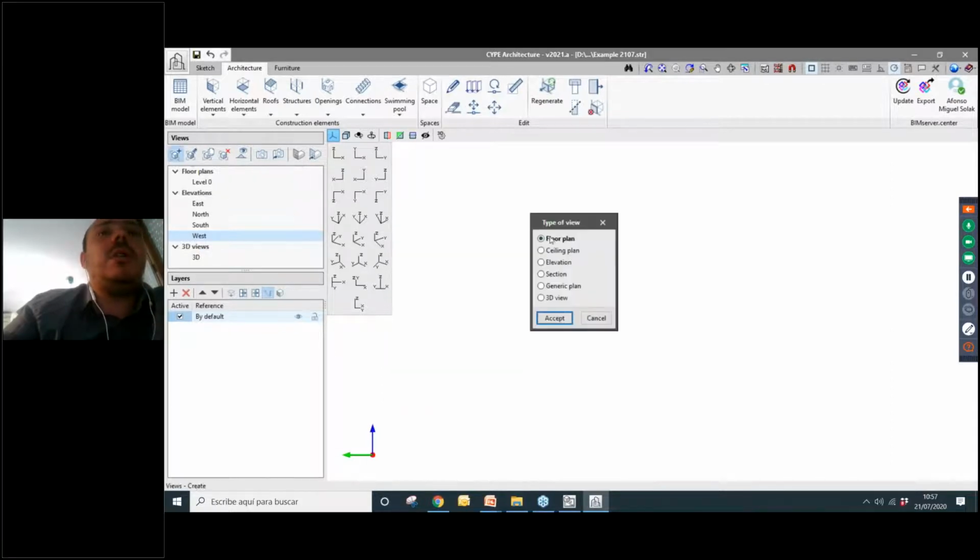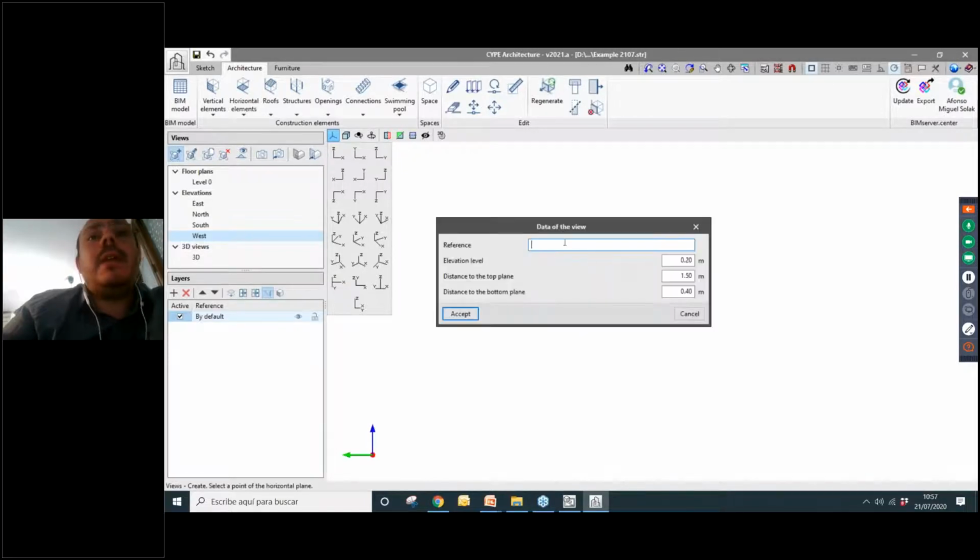So for example, I'll create a new floor plan. Okay, and this floor plan, it's going to be a level that is 2 meters from the ground. So the distance from the ground is going to be 2 meters. Then we can set up the elevation level. So actually this is going to be 2, and where we want to see that,